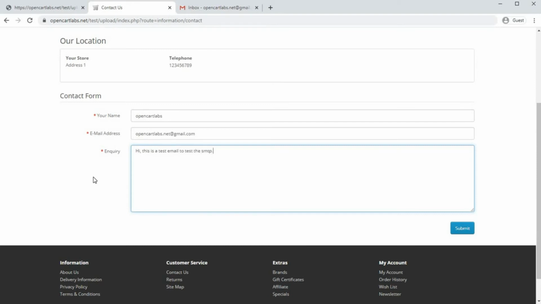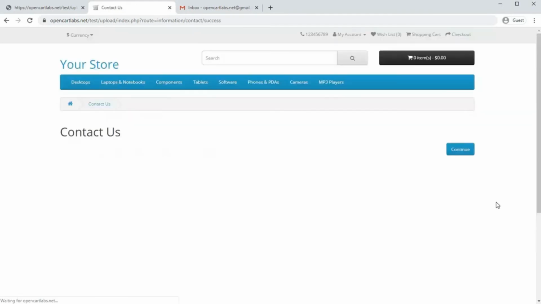Okay, so now let's click on submit and see whether the SMTP is relaying the email or not. So click on submit. And as you can see, we have reached the success page.